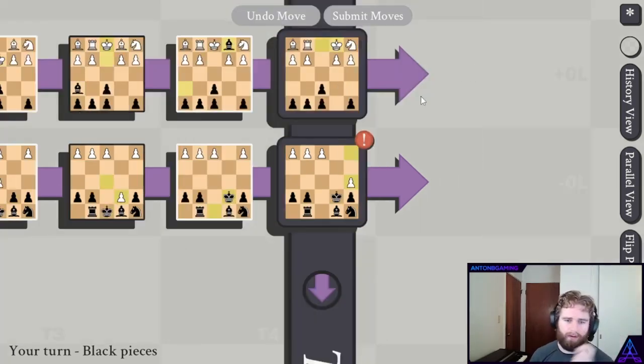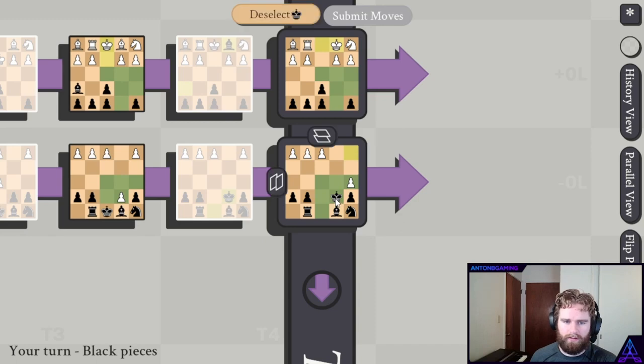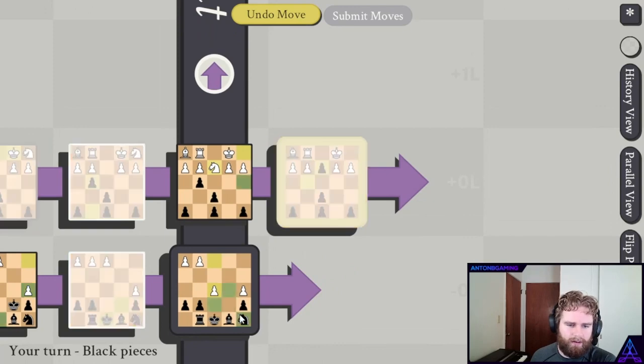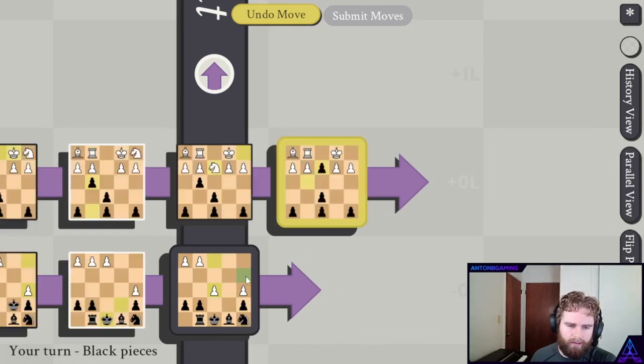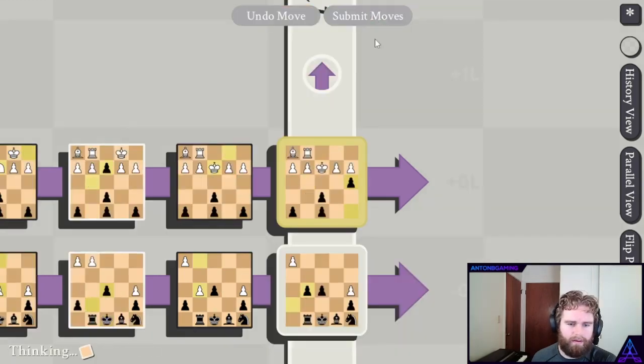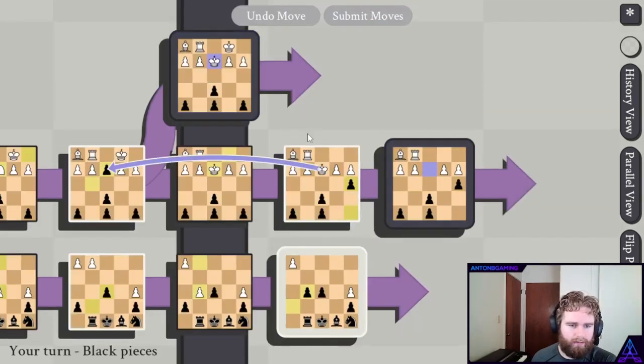Oh, okay. So I can't take that pawn because then the alternate timeline... Not alternate, they're both happening. In the time y-axis, this would be a check. So I have to do something. What if I moved my king? No, 2 kings in the same time coordinates would be really dangerous, I bet. Okay, so first I want to take that knight. And then here, I can't move in the time y-axis because then instead of this pawn taking this knight, my knight will be taken. And I can go here and oh shit, we got a third timeline now.